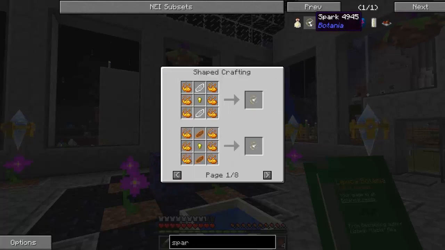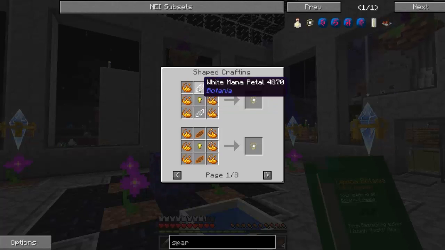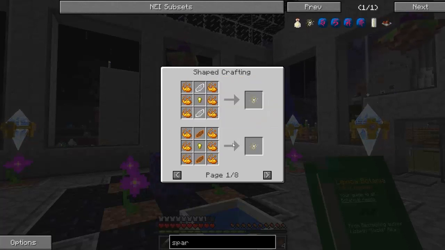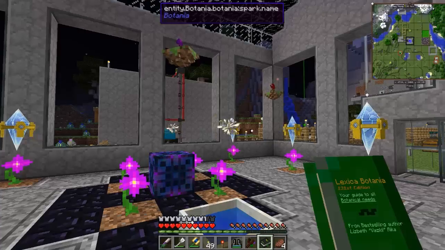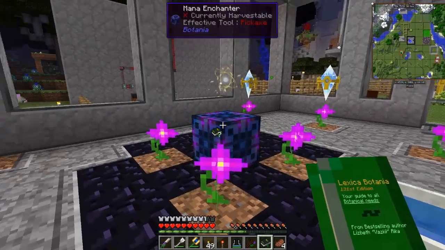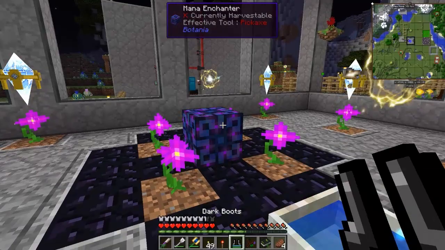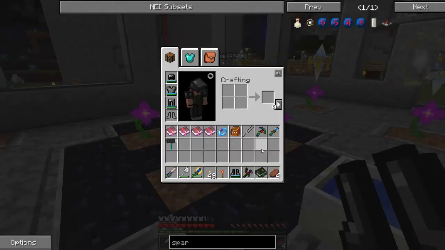You get your spark, and you just make that with blaze powder, a gold nugget, and 2 mana petals of the same color. And it doesn't matter which color. Well, maybe it does because there's only 8, and I know there's 16 colors. But you make 2 and put 1 over your mana pool and 1 over the center, which is your lapis block. Okay, and then next what you'll do is, all right, we're doing the boots, so